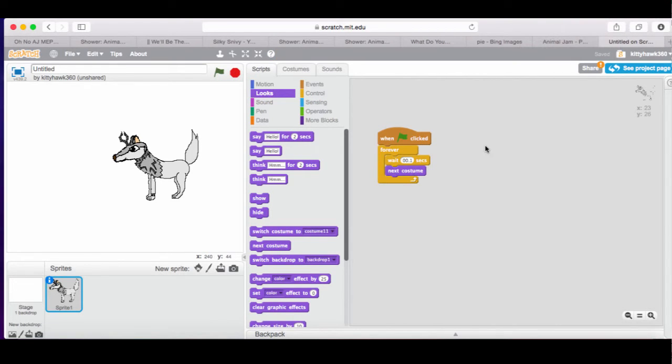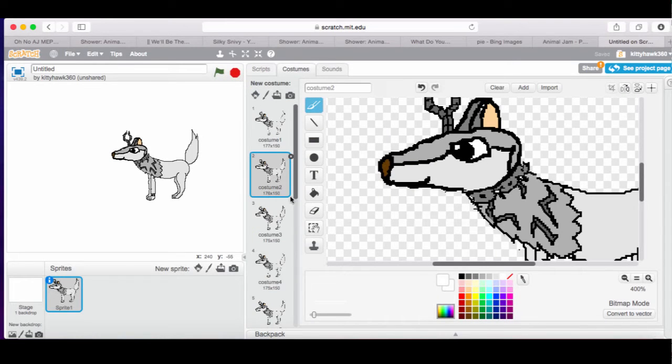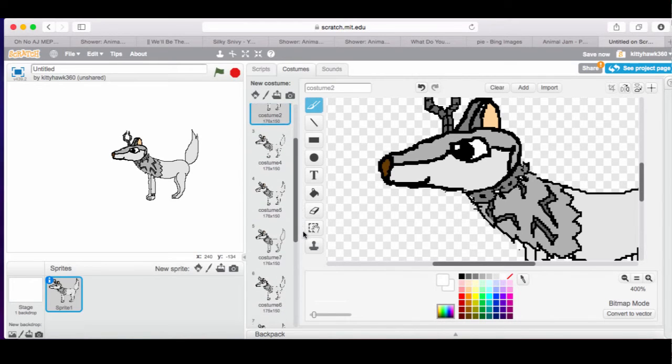There was a lot of noise out there, so I came down here, and it kind of looks like that, which we don't really want. So I'm going to go through and delete a few frames. You don't really need them. Oh my gosh, there's so much noise, sorry about that.